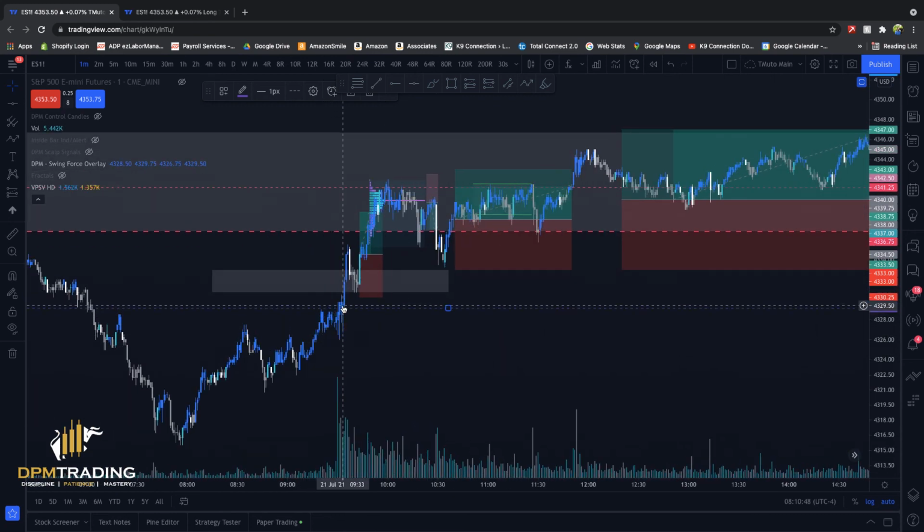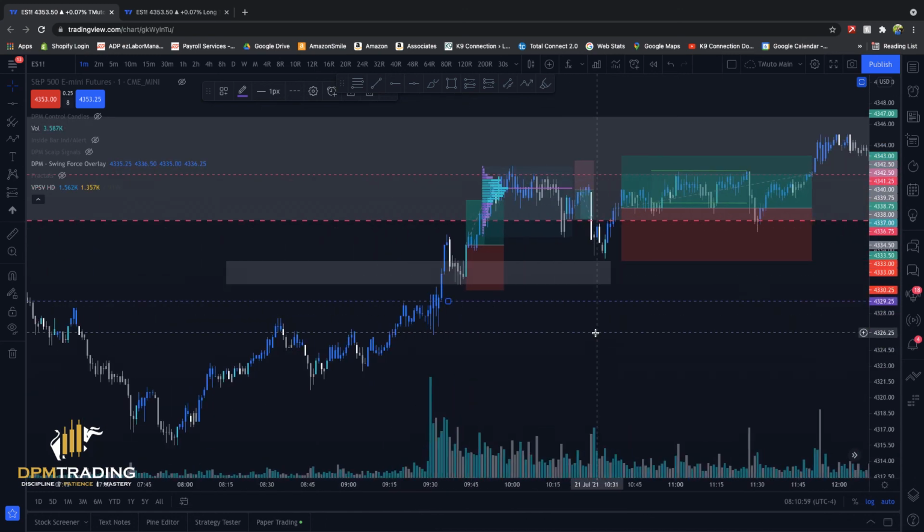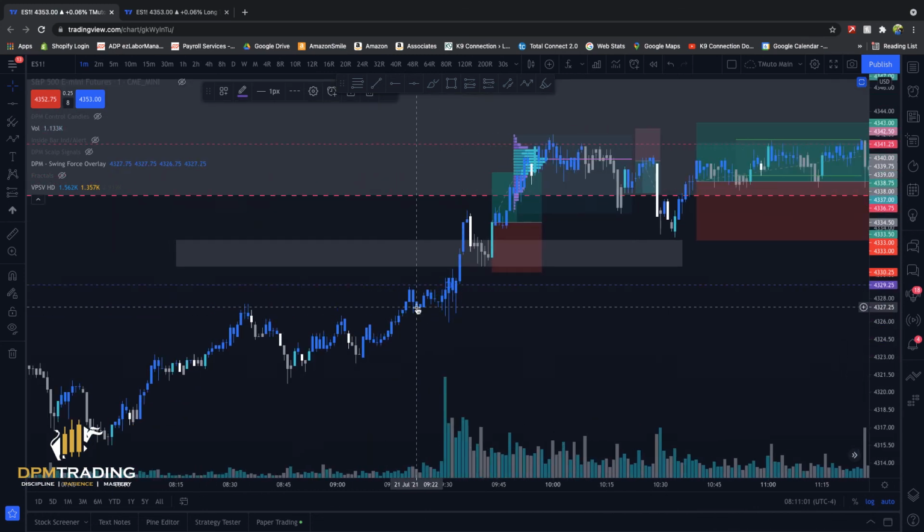And when we finally broke above it with some strength, I knew that on a retest of this resistance we might not come down there. I mean, this was a really strong impulse. Now, this is a custom candle script that our members have access to, and it just paints the candles a